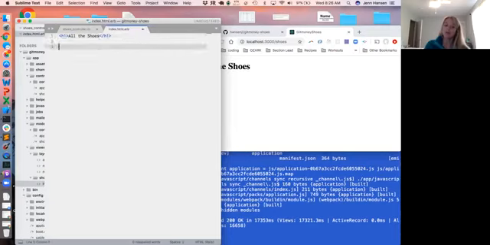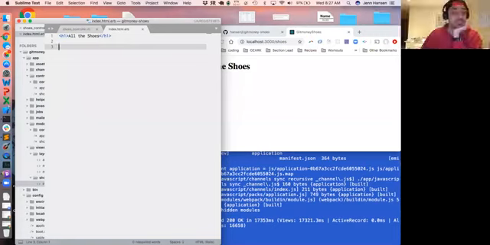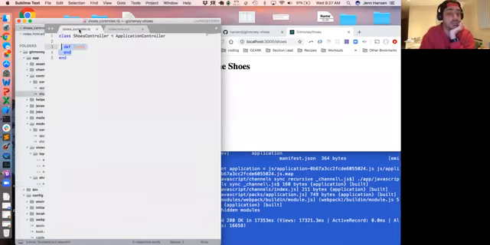So if I wanted to display all of the shoes here, there are going to be two places that I need to add information to. What are those two places I'll need to add some info to? Maybe a better question is, how do I display all the shoes? I believe you need to have the show method in the controller, shoes controller, so you can get the instance variable, so you can display on your